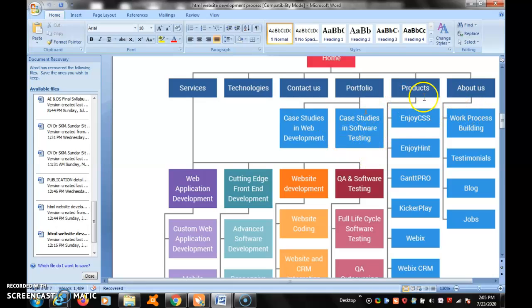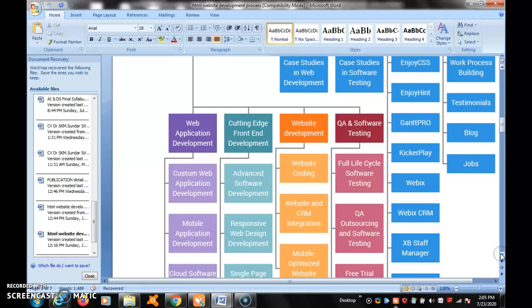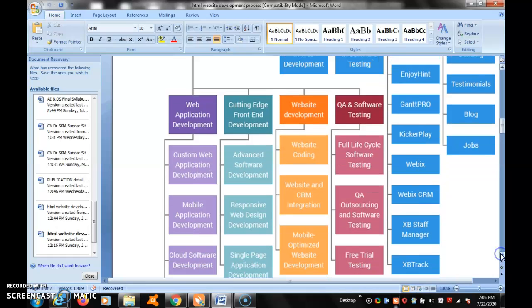Product: what are the products used? Enjoy CSS, Enjoy Tint, Tint Pro, and then Flickr, Play, and Webix, and then Webix CRM, and then XP Staff Manager, and then XB Track.